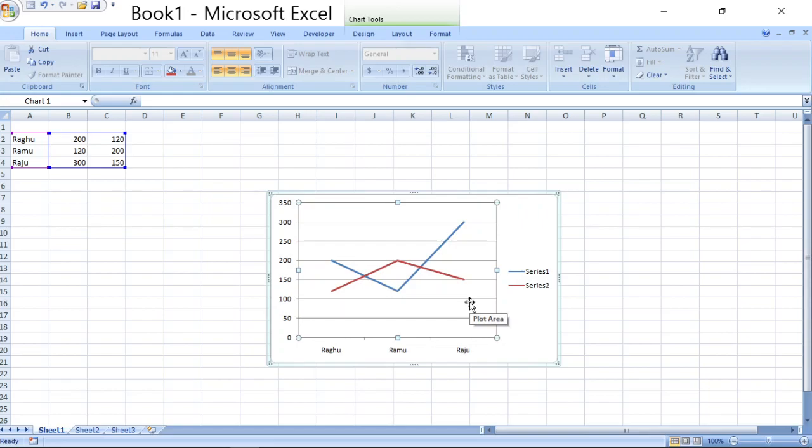If you want to remove any particular data, that is also possible after creation of charts.